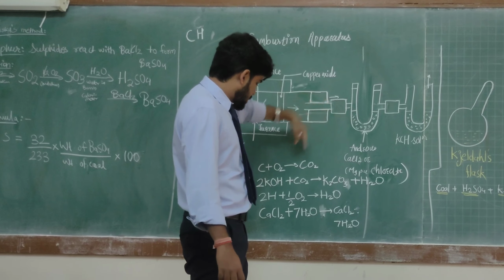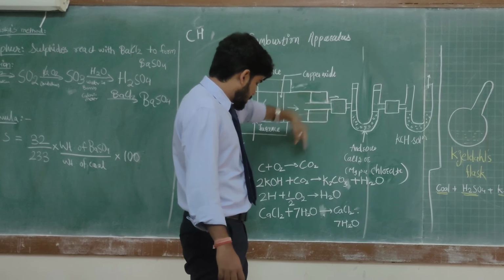So now we know that this tube had a specific mass, but now due to the addition of H2O, the mass is increased. So from there, using the formula for H2O, we can find out what is the composition of hydrogen. Clear? And then further, whatever gases didn't react in this tube will further pass through another KOH solution